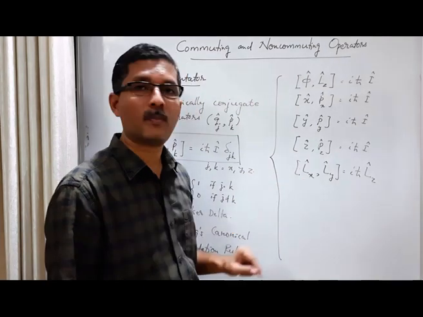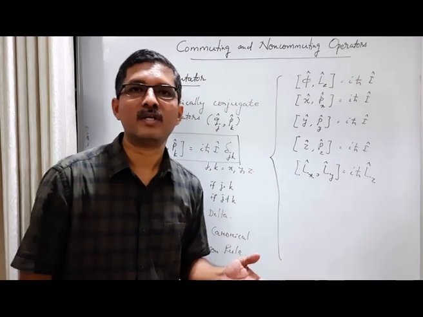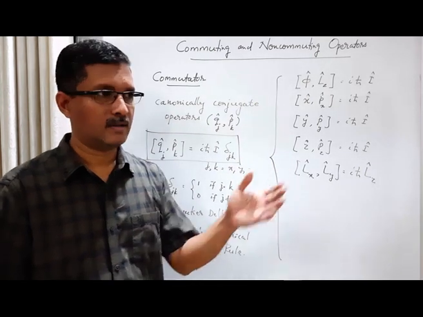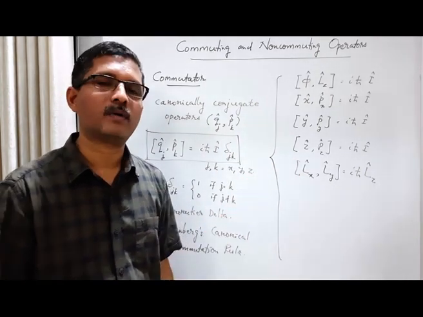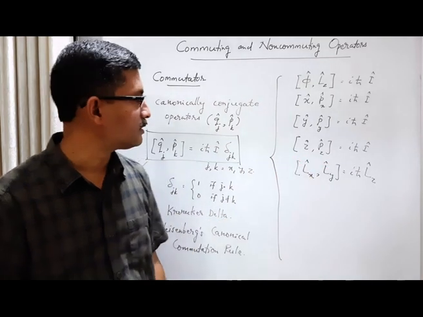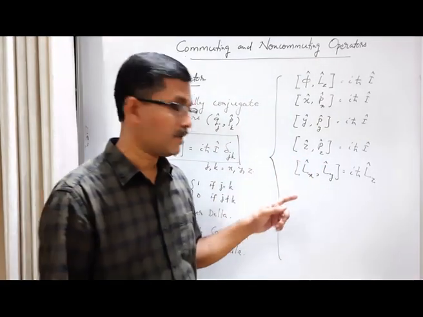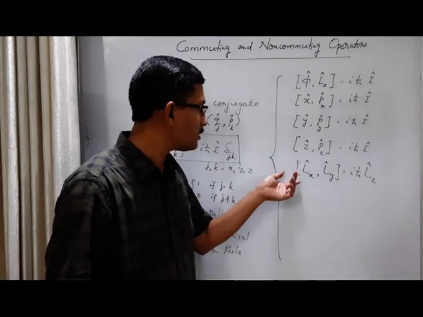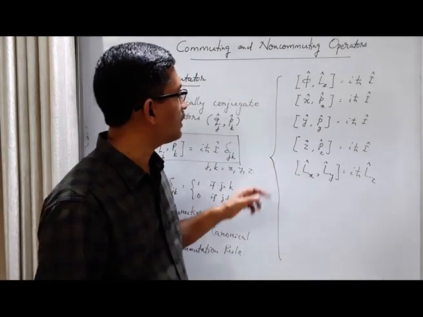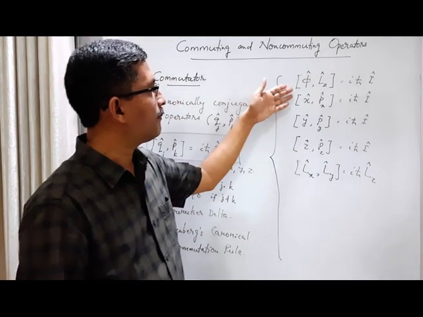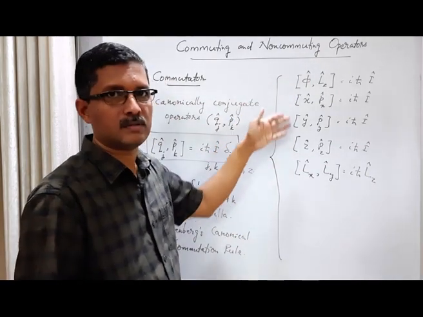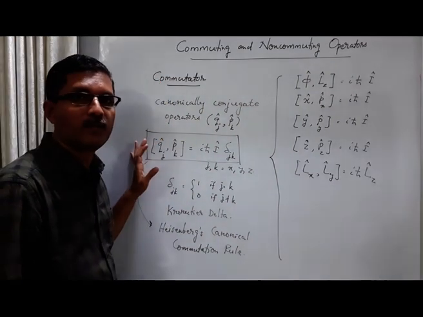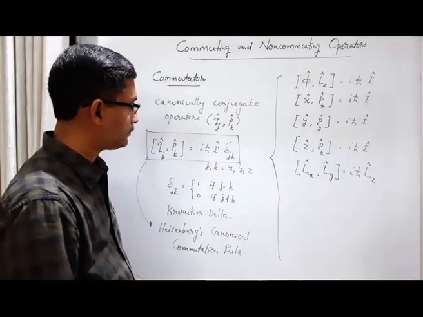Remember that the angular momentum operator you can express as a combination of position and linear momentum operators. We have written down the expression for the angular momentum operator in one of the previous classes when we introduced operators. So the commutation rules between angular momentum operators you can derive in terms of Heisenberg's commutation rules. So that's why this is a fundamental commutation rule in quantum mechanics.